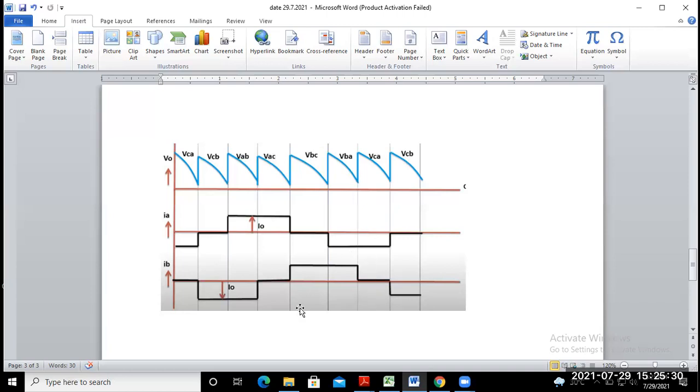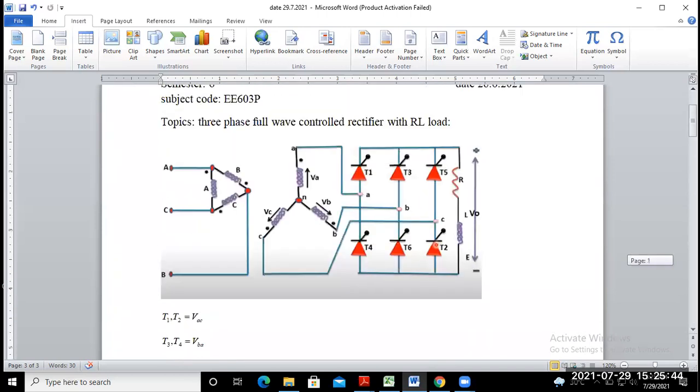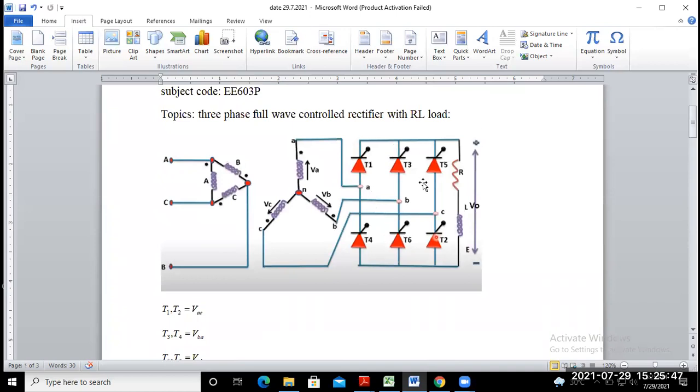Yes, sir. So this circuit diagram and waveform, we just want to simulate in MATLAB. When we are going to design this circuit diagram in MATLAB, always keep this circuit diagram with its components, or maybe take a picture of it. When we design in MATLAB, all the components we require are taken from the Simulink library to the workspace, and we simulate the circuit accordingly. So let us go to MATLAB and try to design the circuit.